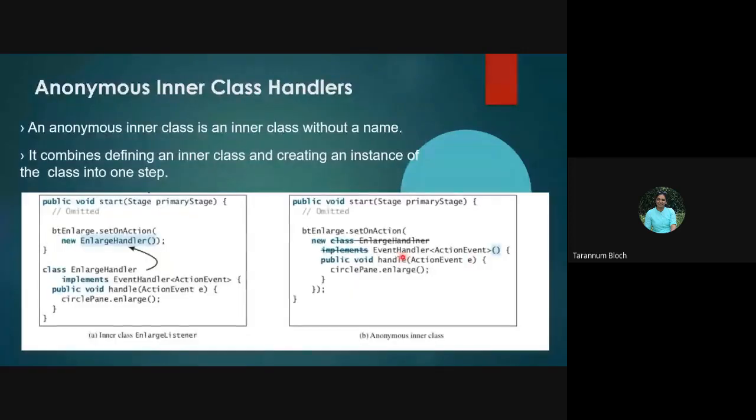As you see here, anonymous class, we have not written it directly, implements or extends. Whereas where we have the inner class with the name, at that time we have implements or extends keyword. With the anonymous, we will not have it, right? But it has to implement or extend.